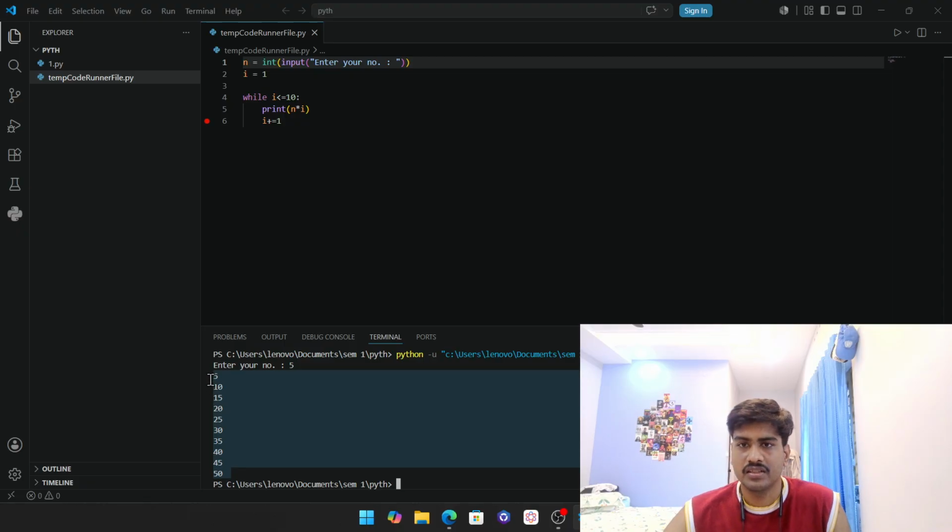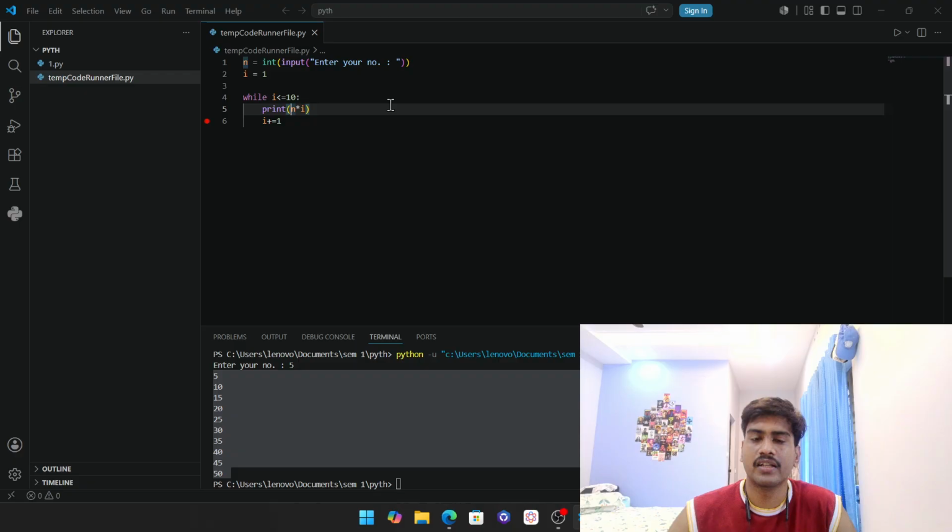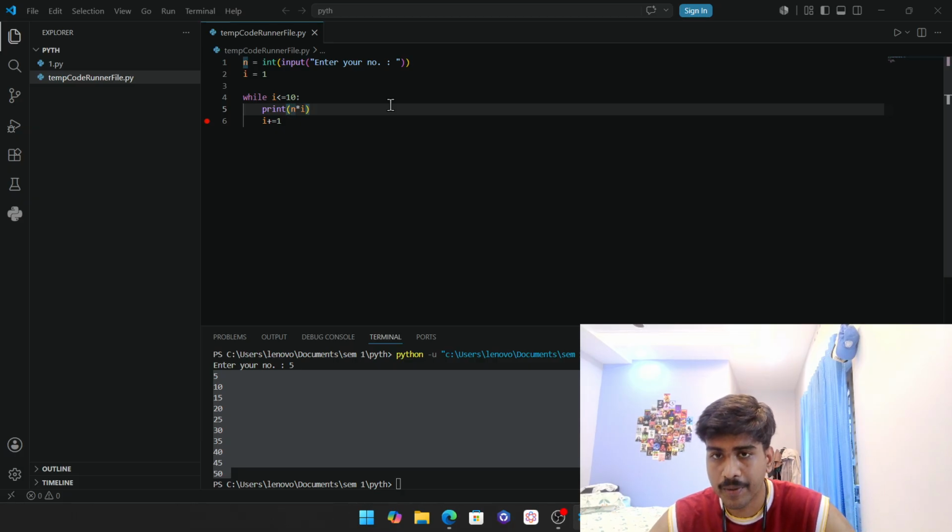Yeah, this thing is being cleared, I guess, right? This is how you can print something. Let's suppose I want to print like 5 into 1 equal to 5, 5 into 2 equal to 10, like that. So what would I do here? I would assign double quotes